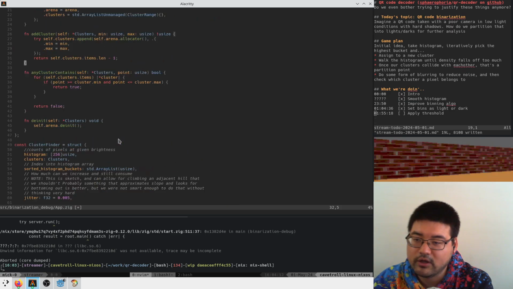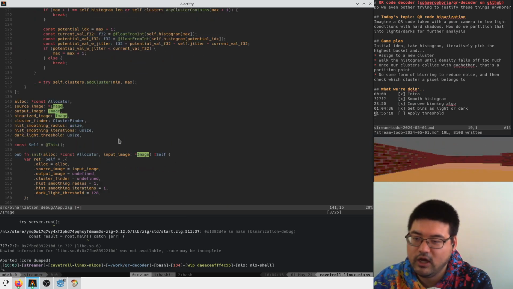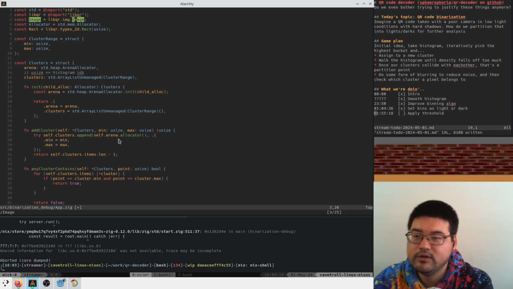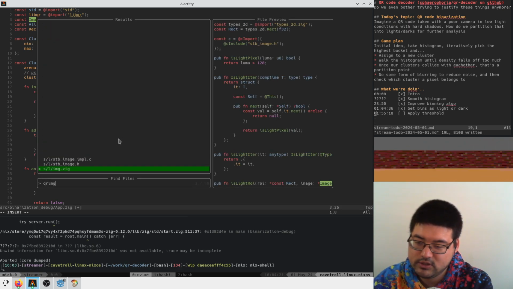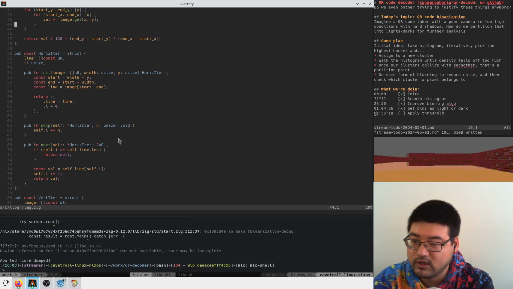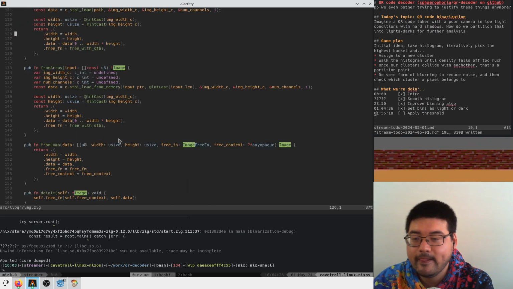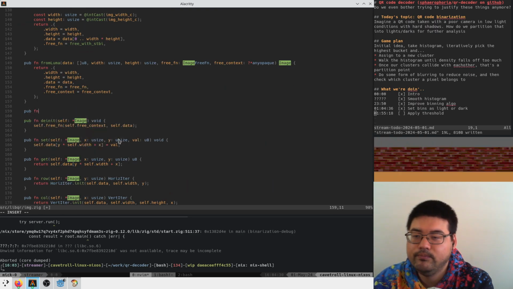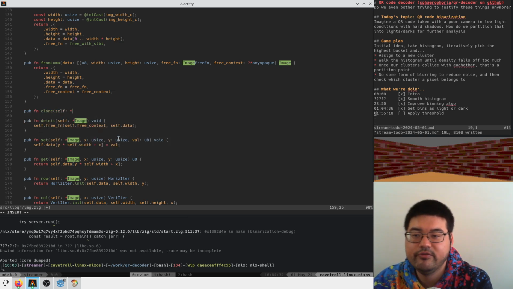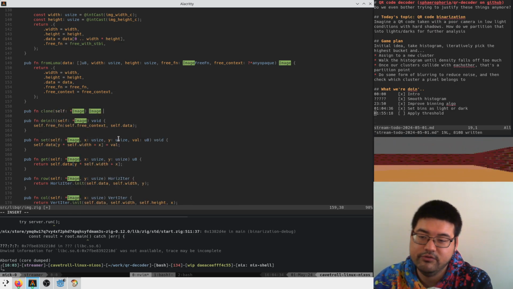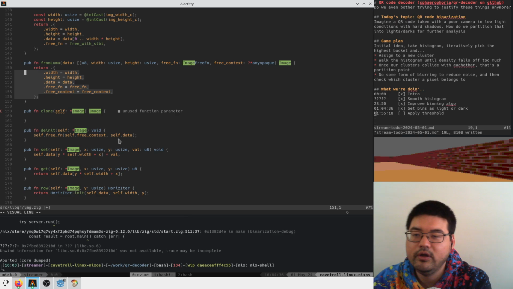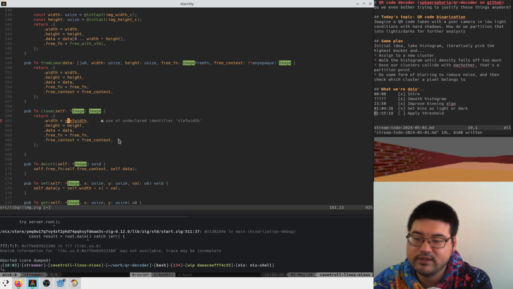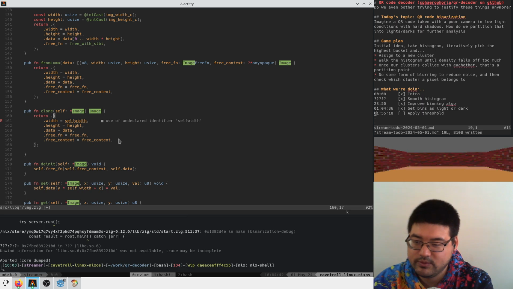Do I have an image duplicate? I guess not, but I can just make one. So we can look at image.zig, and we can just add a little function clone. It takes in self and returns a new version of him. Everything is the same except for the data. So we're just going to say,